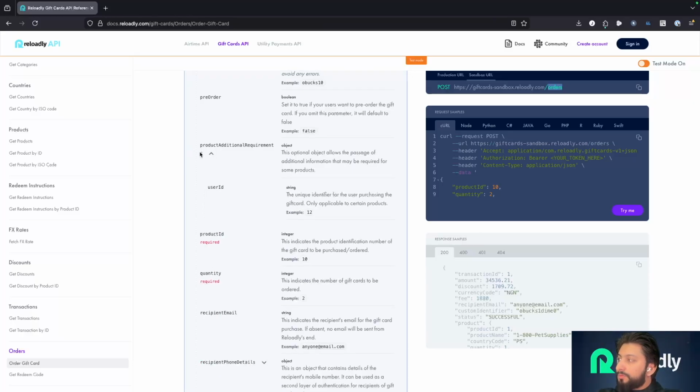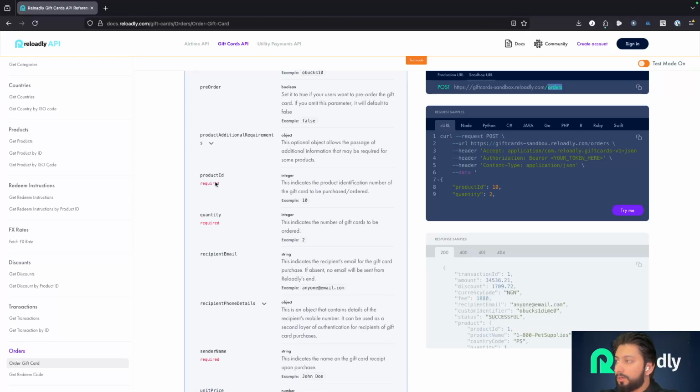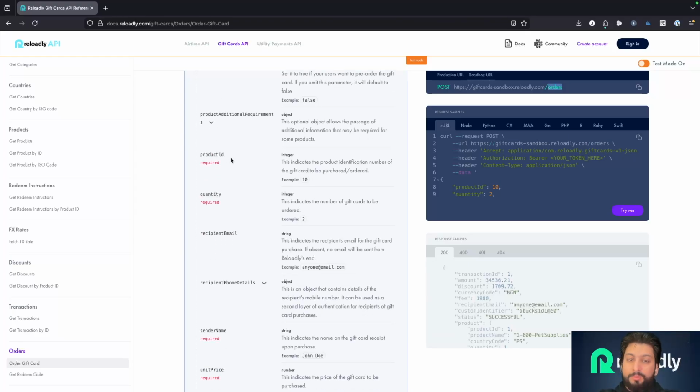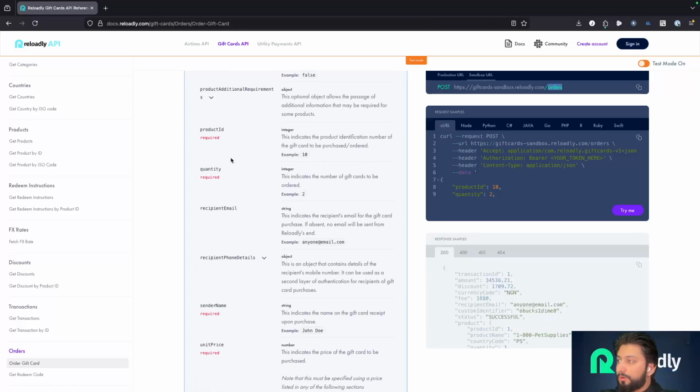Also, for some products, we saw in the previous video that there was an additional requirement. The user ID was required for some products. So if you're creating an order for that product, you need to send the user ID here. You'll get this information from the user and then send it here. We also have the product ID, so the actual product that we're creating the order for,